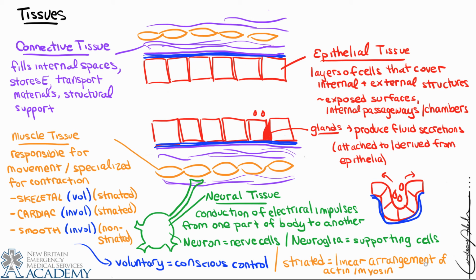So in terms of an overview of tissues, the thing that's really important to notice is that all of these tissues will have to work together cooperatively in order for body functions to occur. And so what we're going to do is explore a little bit more about epithelial tissue and connective tissue to get a better understanding of the properties of those tissues, and in the case of connective tissue, some of the subtypes of connective tissue. But really what we want to focus on is, as we discover each of the different body systems, what tissues are present, how they're organized, why those particular tissues are present, and what their purpose is in terms of helping that body system perform its